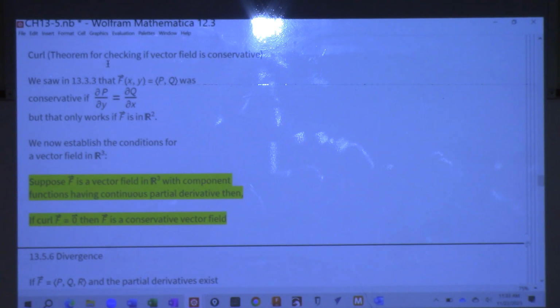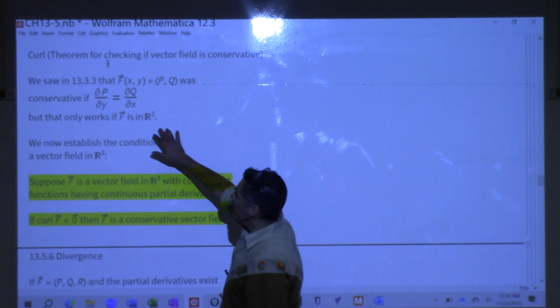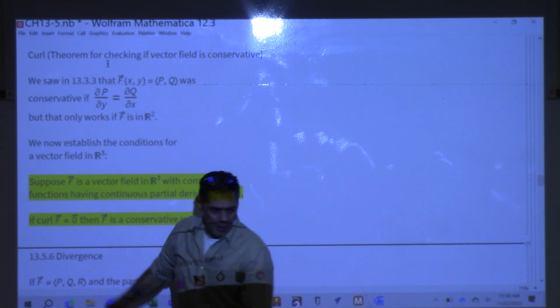finding out if they were conservative or not. And we had a way to check to see if a two-dimensional vector field was conservative. But we didn't have a way of checking to see if a three-dimensional vector field was conservative. Well, here it is. So we saw this back in 13.3.3, that if your field is two-dimensional, that to check